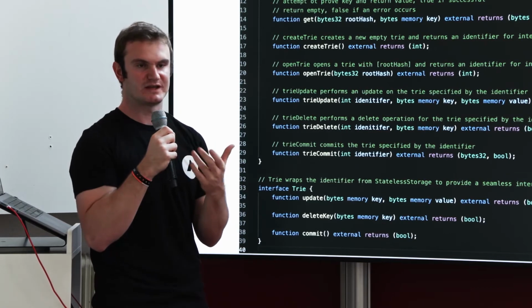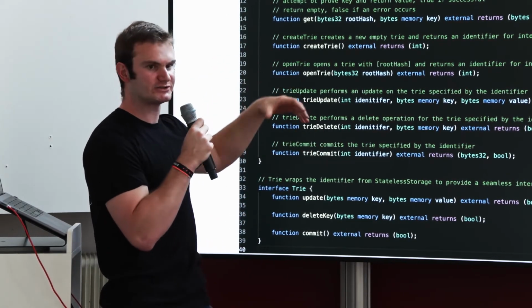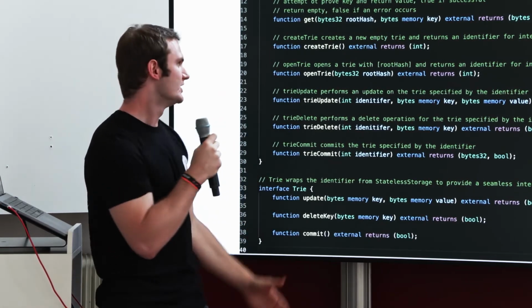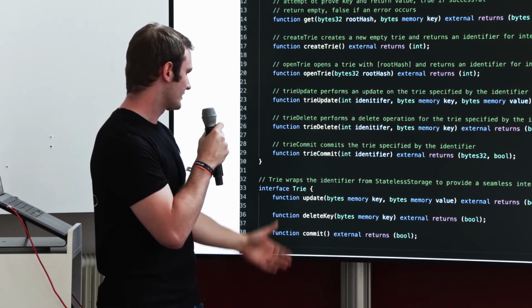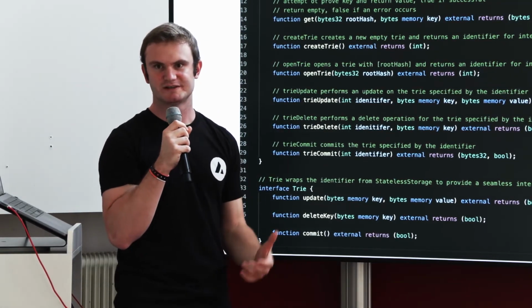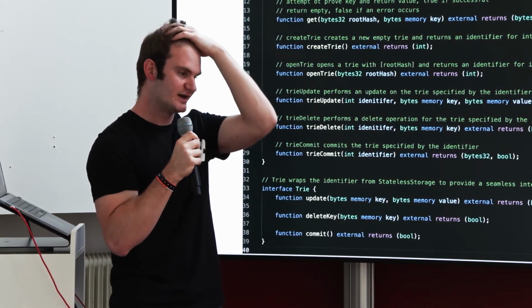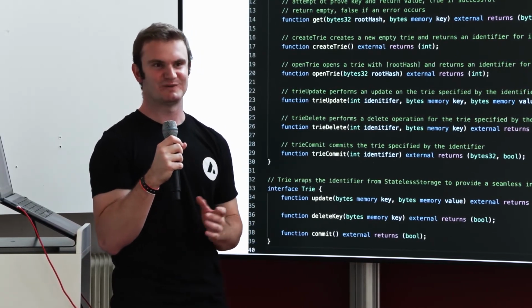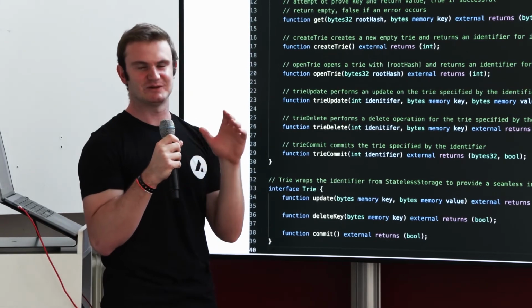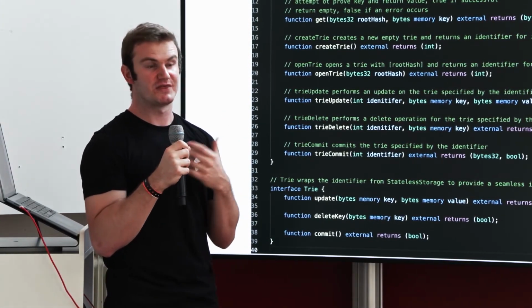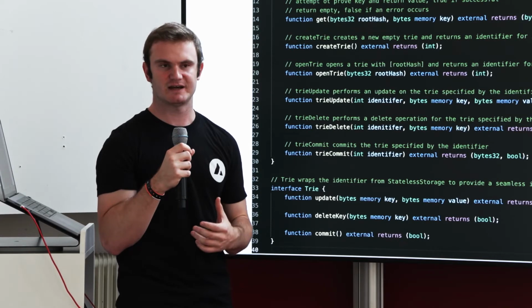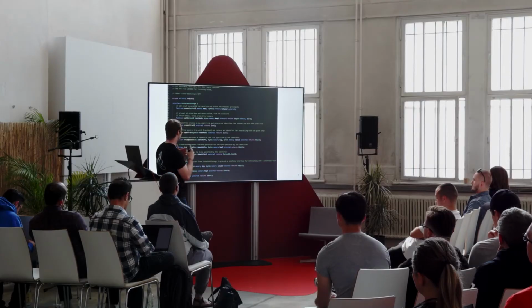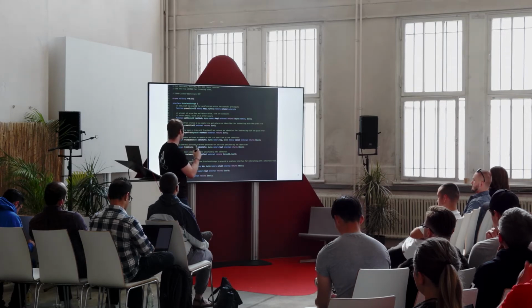And you can do this in Remix: you can deploy this interface contract at a specific address, the Precompiles address in Remix, and then call those functions. So this is an interface for a trie or stateless storage. This is an idea that's been passed around in Ethereum as an interesting way to solve some storage problems. Not that many people are big fans of doing it at the actual level of the network, but the idea is essentially that Ethereum, and every EVM-based chain, has a whole Merkle trie, which stores the entire state of the chain, or at least most of the data aside from the blocks.